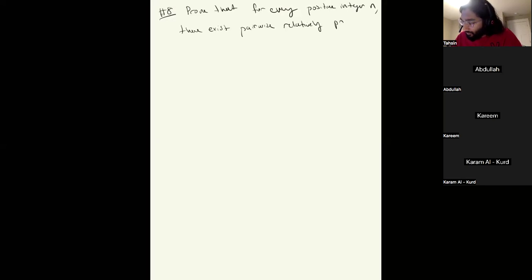So prove that for every positive integer n, there exist pairwise relatively prime integers k0 through kn, all greater than 1,